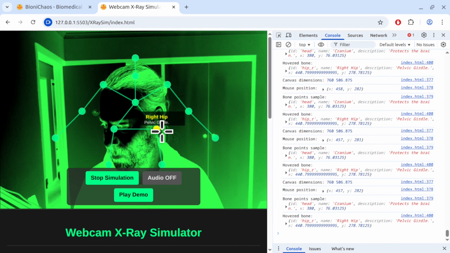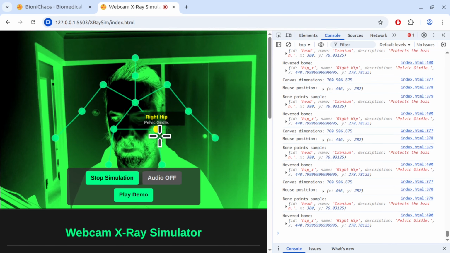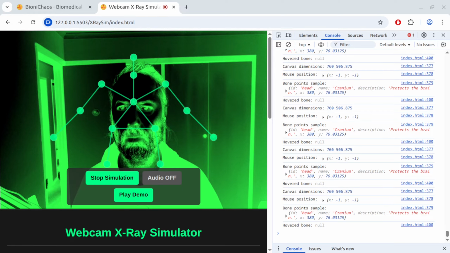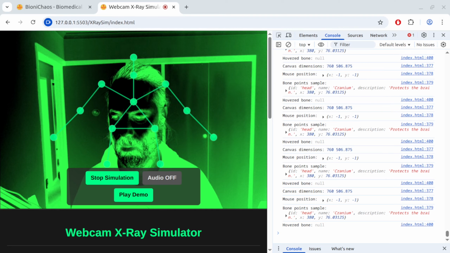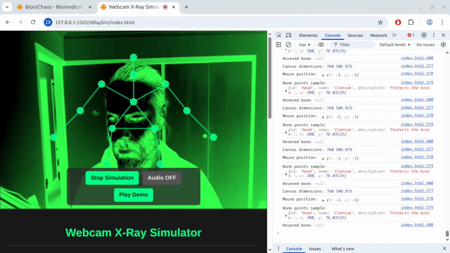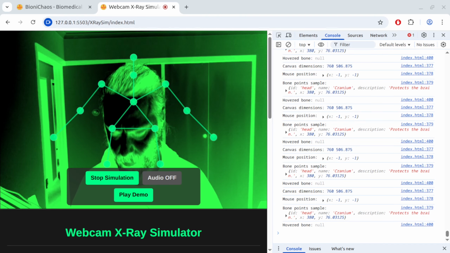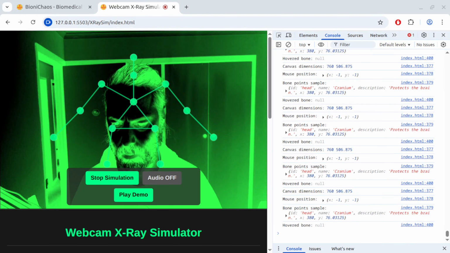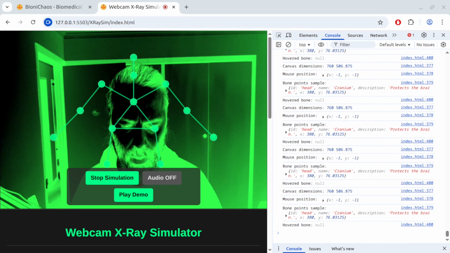text. So, when the code tried to draw the skeleton, it was using the percentage values, like 0.5, as if they were pixel coordinates, causing the bones to be drawn at a tiny, incorrect spot near the top left corner of the canvas, instead of being properly positioned across the screen. The fix. I'm correcting the code to ensure that once the pixel